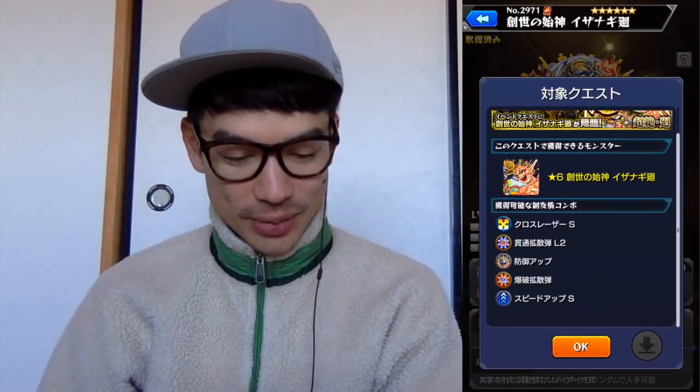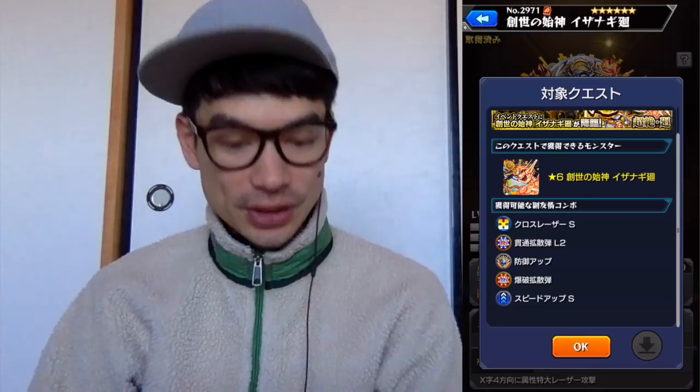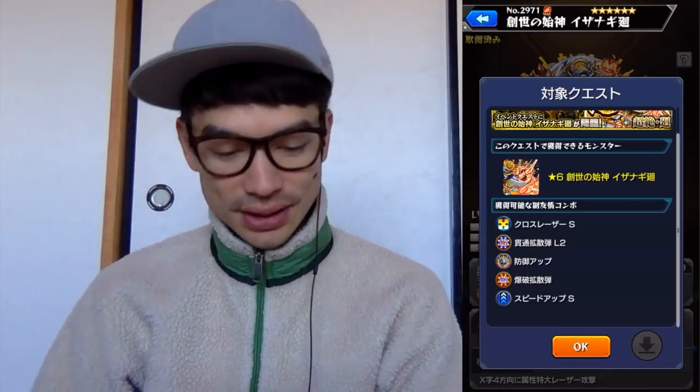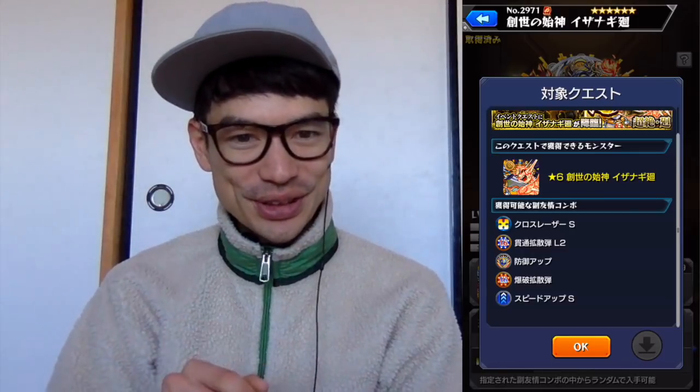Next is Izanagi Kai, and he's kind of the most interesting of this first series of Kai monsters, because I recommend all of the last three. Defense up is interesting, it can cancel defense down. The only quest that I feel like that's really useful is Karen, Navis. But it's kind of a difficult quest, so if you had a max luck of him with the defense up,